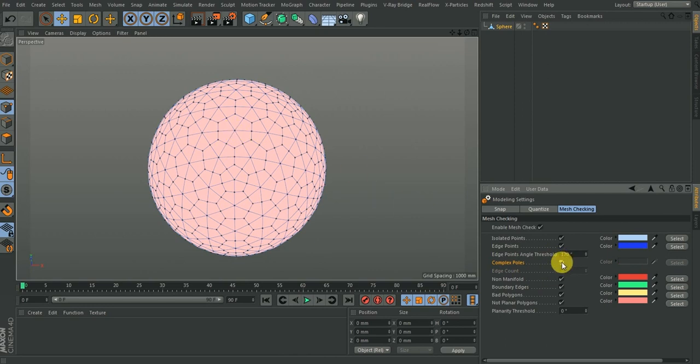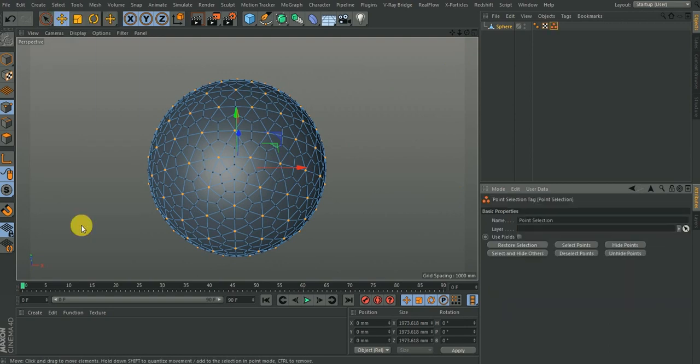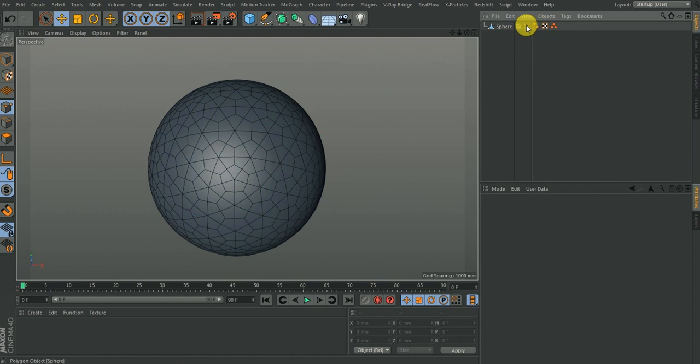But I need to activate complex pole and choose how many edges I want selected. So I want to select all the points that have 6 edges. The default value we have is 6. So as soon as I click on select, it selects all those things. If I disable this, you have all these selected except this one, all those ones that have 5 edges. So we're coming back to that in a bit. Once you have this selected, you go to select and set selection. That is selected. Then I will deselect this selection, go back to the object,